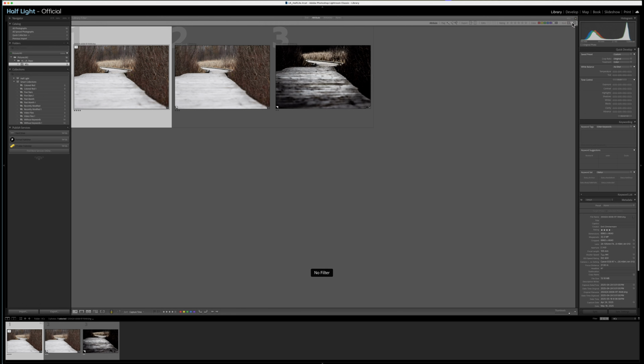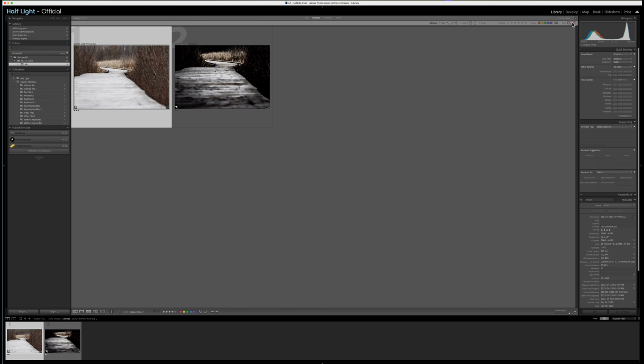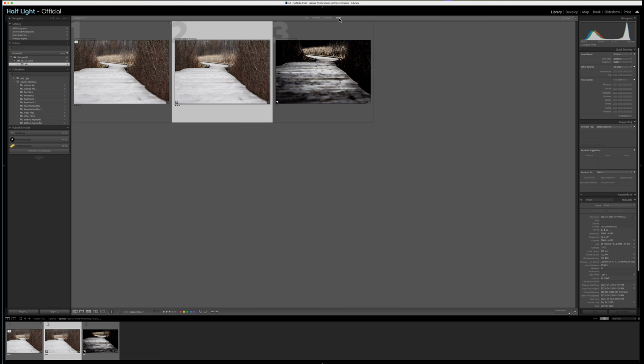But look, if I click on the middle one, which says virtual copies, I will only see virtual copies. So this is a great way of getting access just to virtual copies in any of your folders. Okay, let's disable this. And then one last thing I want to mention is that just like the original image,